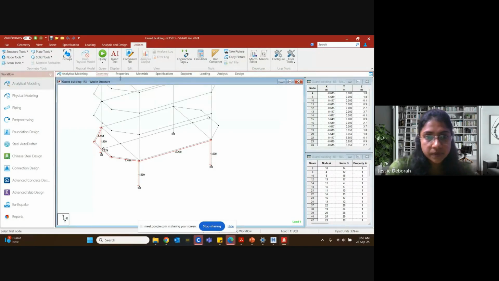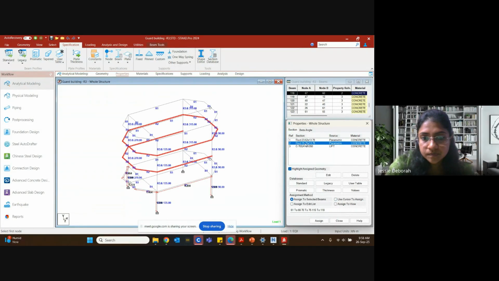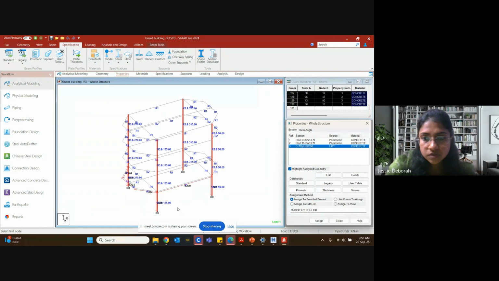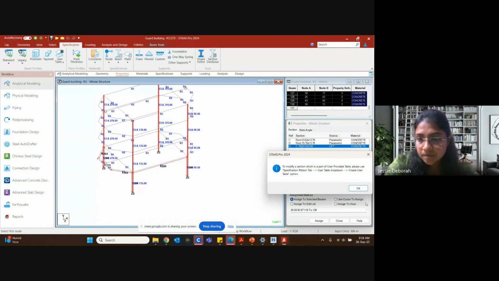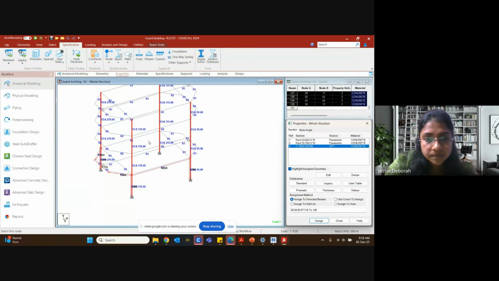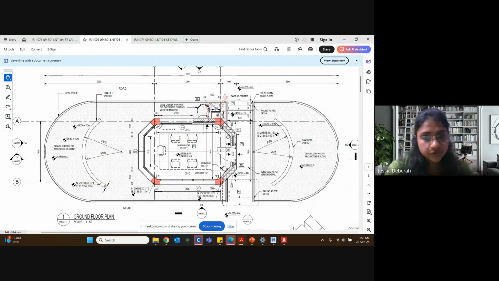We will see the properties. The name. So this is the column that they have modeled. They have given a specific special property for this column as 700 by 410 into 350. That is from the code itself. You can take whatever is there in STAAD. So here we will exactly model the outside.